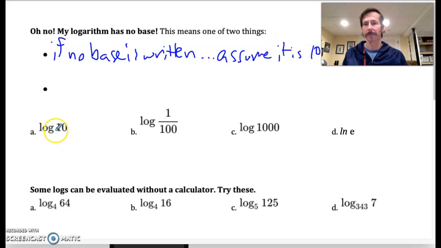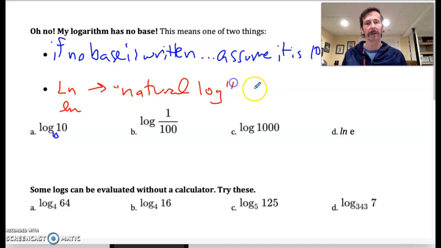So it's like an invisible 10 that would be written right down here. And each of these would have that invisible 10. You're not going to write it as shorthand. It's called the common log, and it is in your calculator, so it's a very nice one to know. All right, the other situation is this. When you see this, which is an ln, I often do it in cursive so it doesn't look like an I, and that is the natural log,